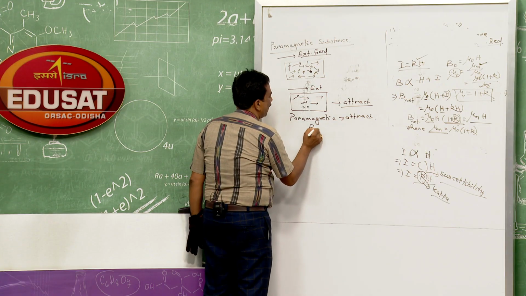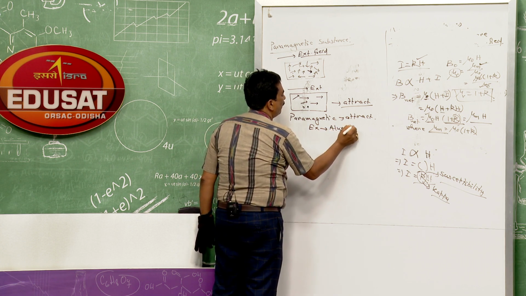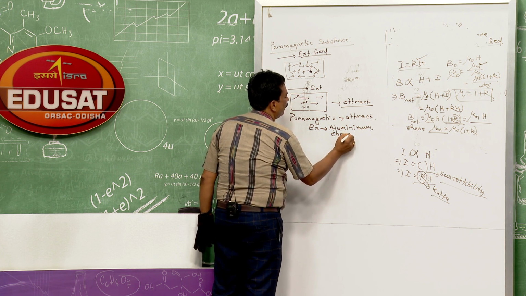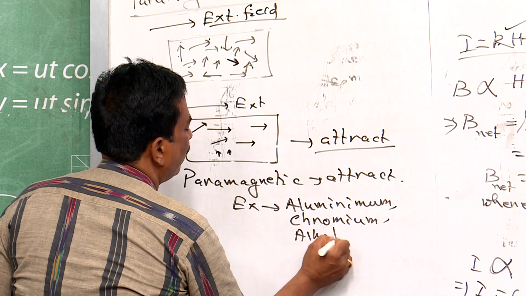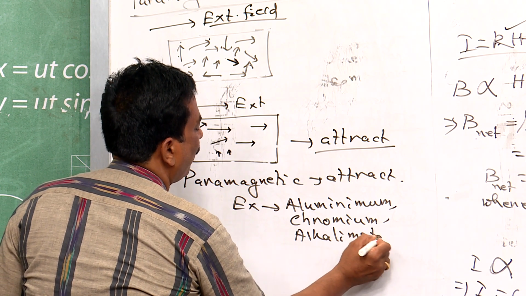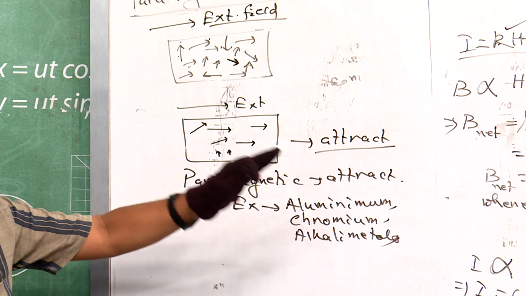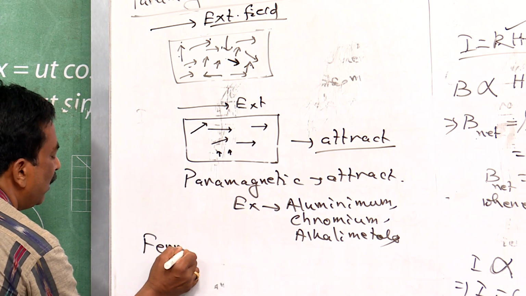And examples here are aluminum, chromium, alkali metals, etc. These are the paramagnetic substances. But for the ferromagnetic,